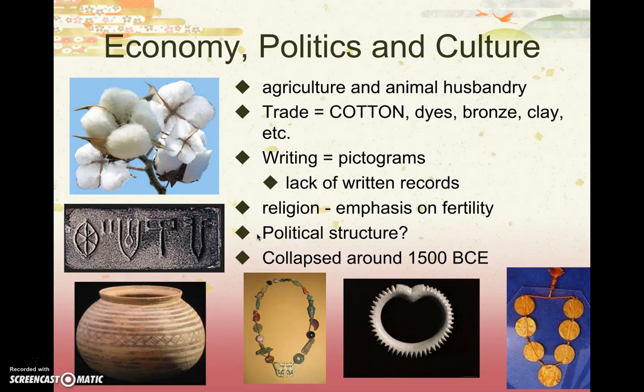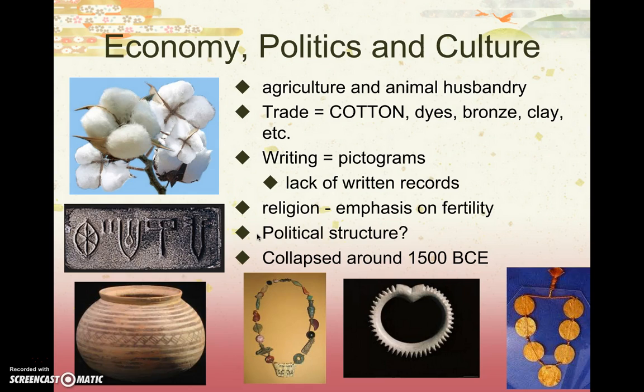But then around 1500 BCE, the society collapses. Now, this decline actually started as early as 1900 BCE, and there's no real one root cause for the decline of Harappan civilization. At least scholars have not come to a definite conclusion. The two major things that probably contributed to the decline of Harappan society are both environmental in nature. One of them is that over time, as the population increased so rapidly and technology evolved as well, essentially the land started to dry out.